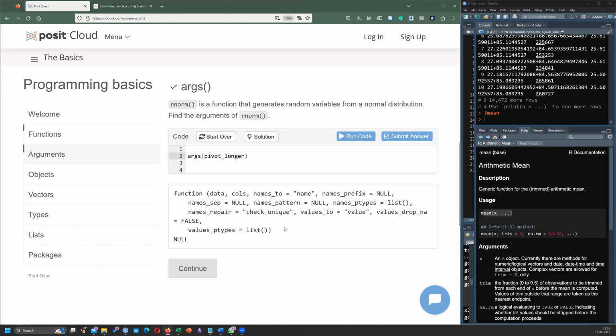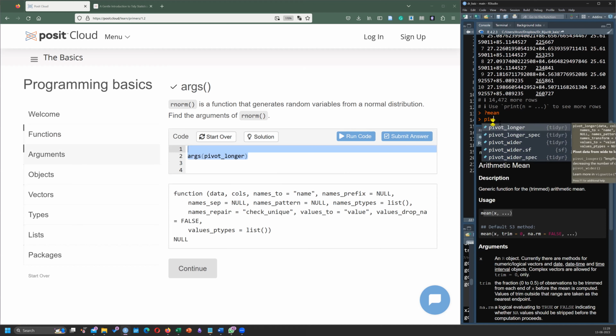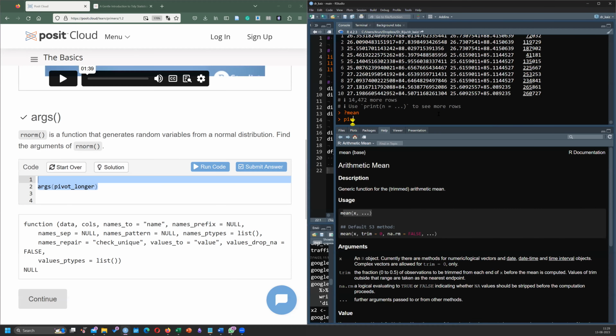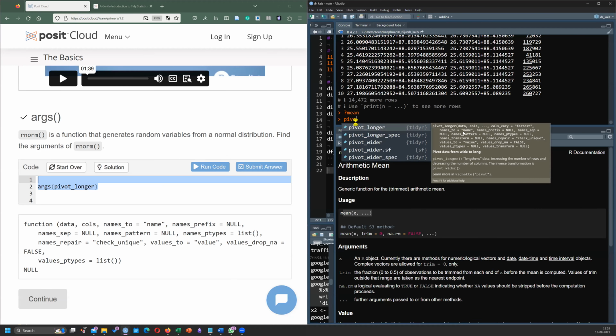So this is interesting. If you see in my console pane here on the right, the moment I type pivot, I don't know if you're able to see it properly, you also have all this coming, right? So RStudio helps you to look at the arguments, optional arguments, all of that very easily. Anything that follows the dots after this is actually an optional argument. Anything before it is a mandatory argument. Am I clear?